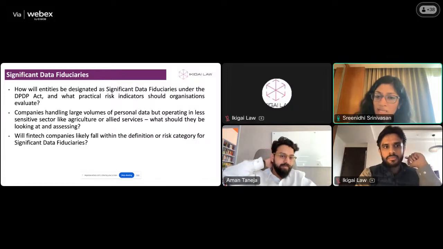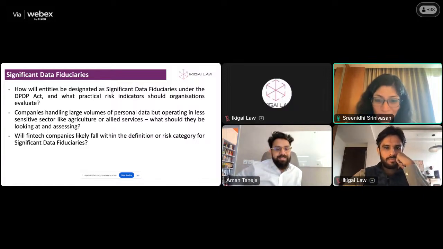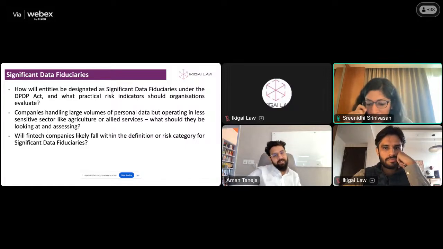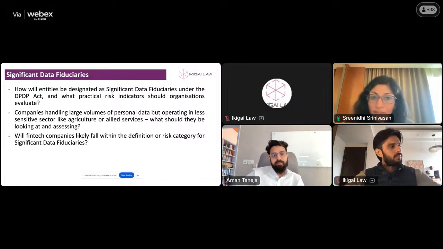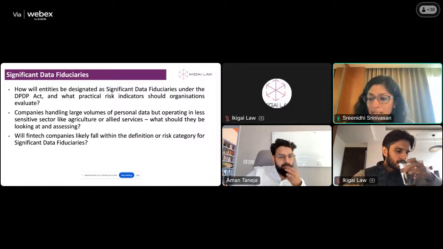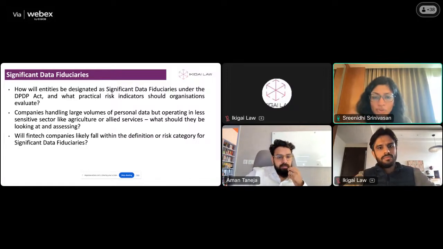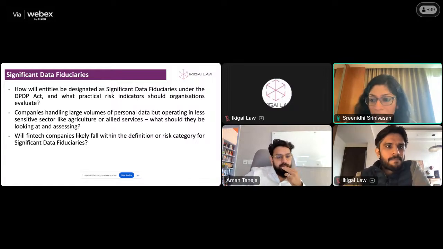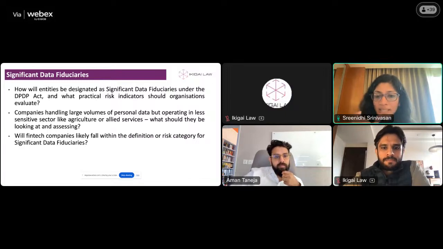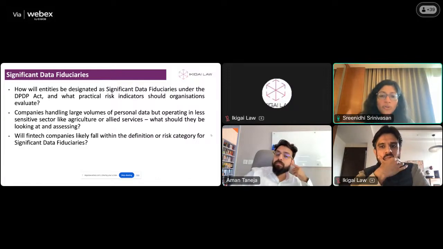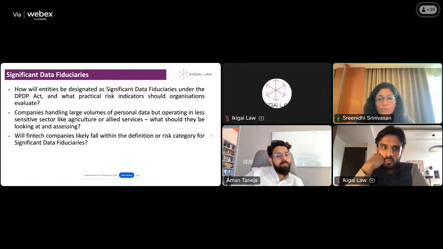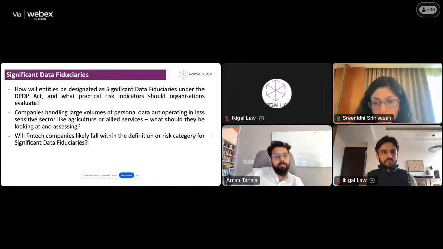Yeah, I think there's one class of organizations that will know that we are going to be SDF: large volumes of data, large user base, very, very sensitive. And when I say sensitive, it's very commonly understood as data that can invite more trouble if breached. But there is that middle layer where you're closer to the edge. It's a question of building that hygiene, building those foundational blocks so that even if you become an SDF at any point, you have enough of a foundation to bridge that gap.